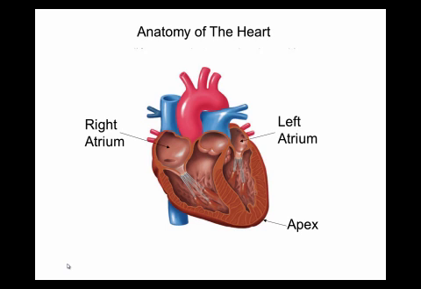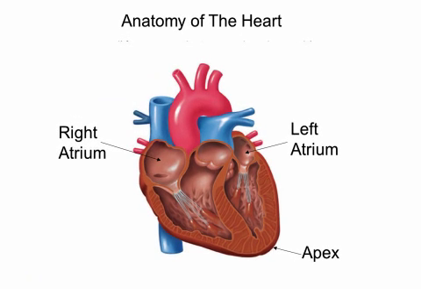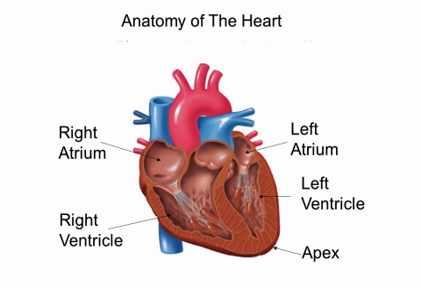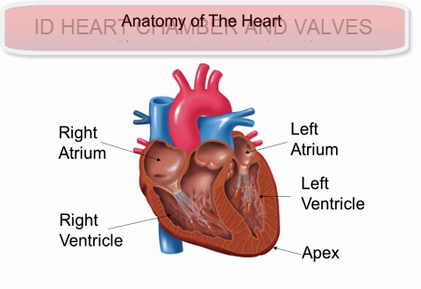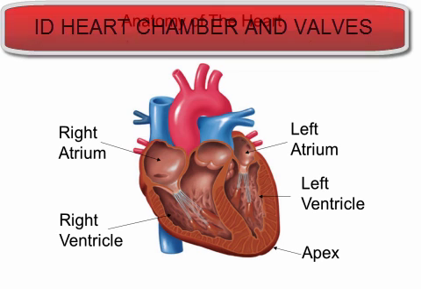The upper chambers are the atria. These receive blood that's coming back to the heart from veins. The atria are on the top of the heart. And the 2 lower chambers are the ventricles. The ventricles are the pumping chambers. So when the heart contracts, these large ventricles force blood into the arteries where it is carried away from the